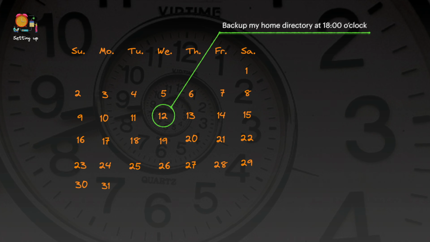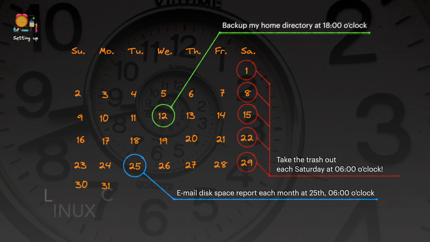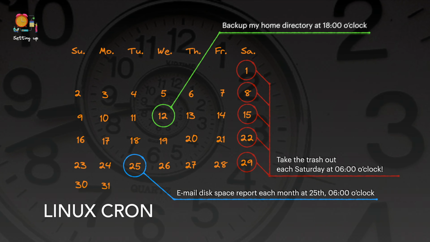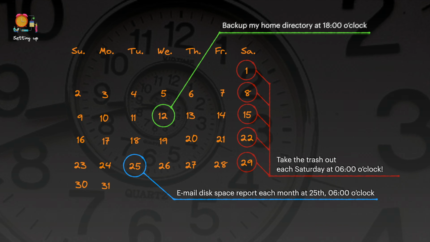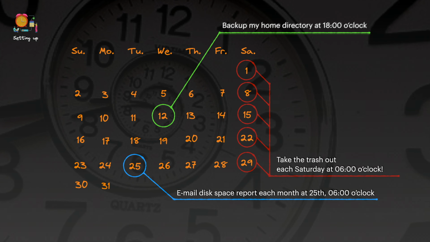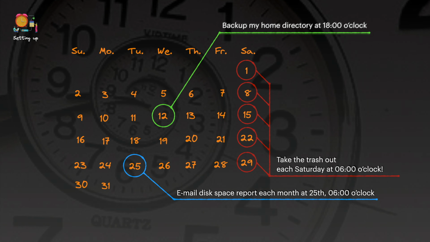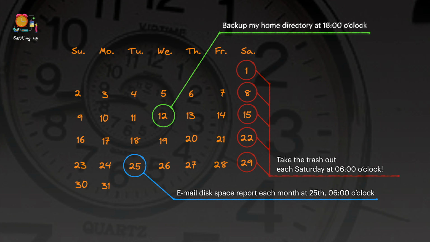How to create jobs that are executed at a specified time or at specific intervals. What is cron and how to use it? Cron, short for cron table, is named after Chronos, the Greek word for time. And cron is the system process which will automatically perform tasks for you according to a set schedule.